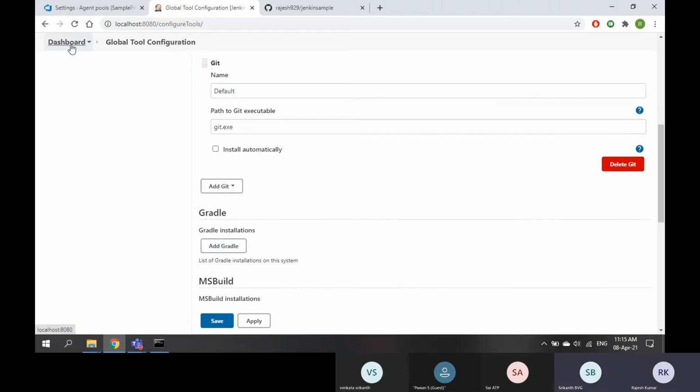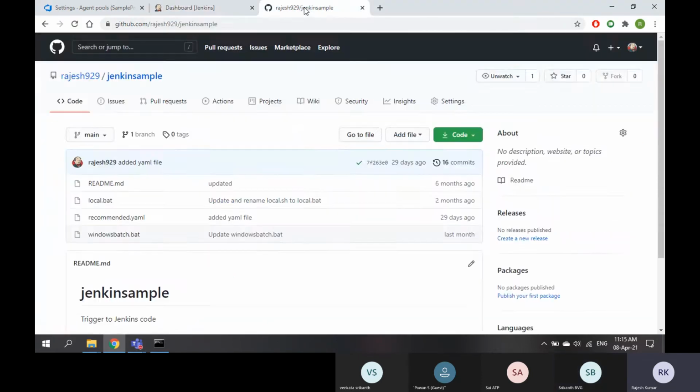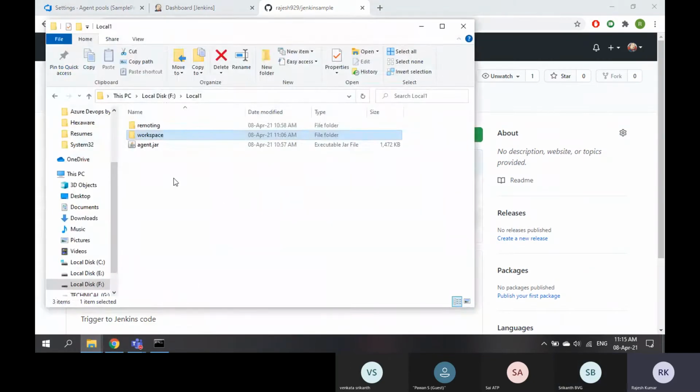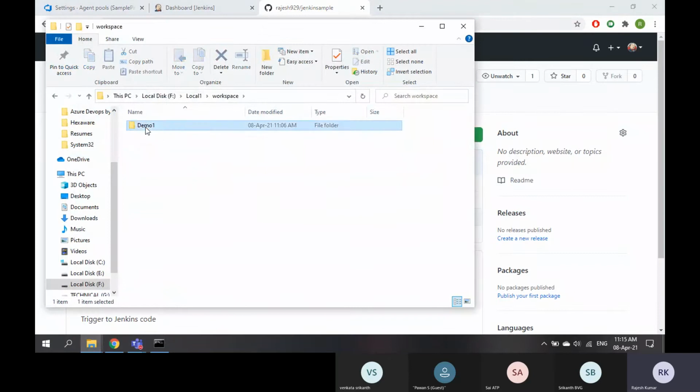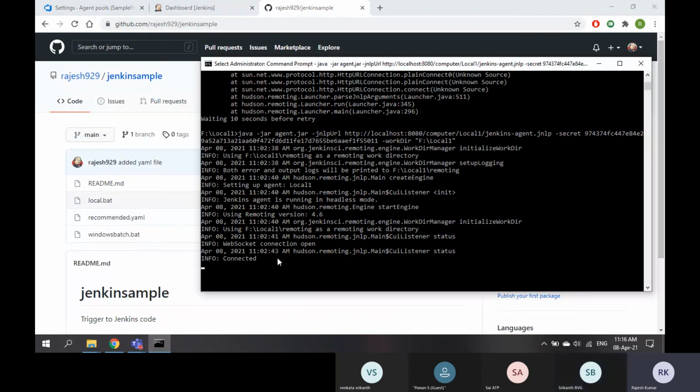So this is how we create nodes and we install them and we configure them. Okay, now we are clear on how to create nodes in Jenkins. See, so we have the complete code in a different folder where this node is located. Now what I do, if I cancel this command prompt,